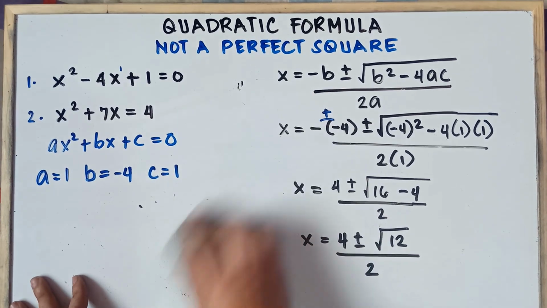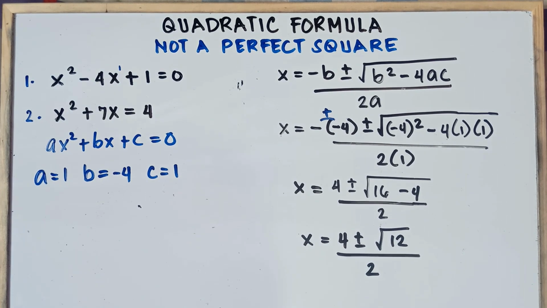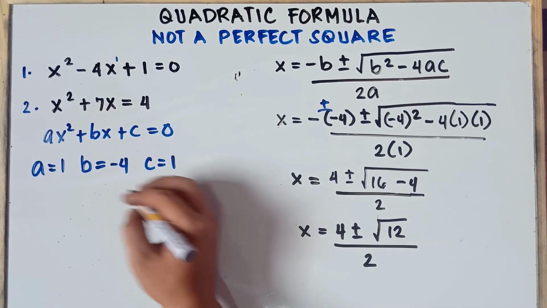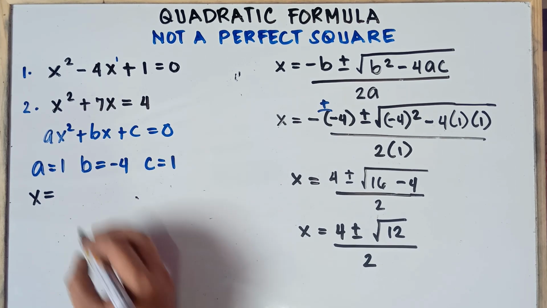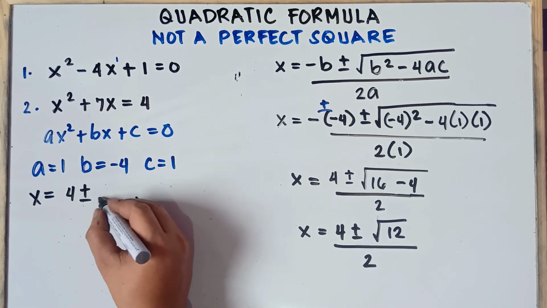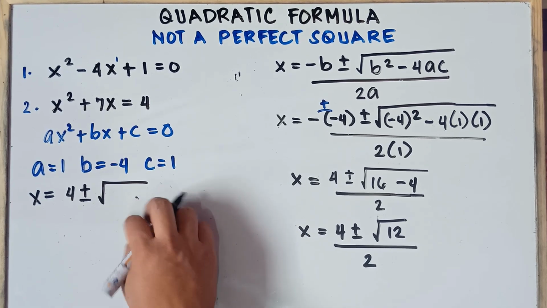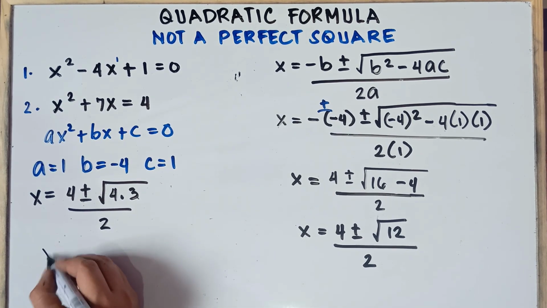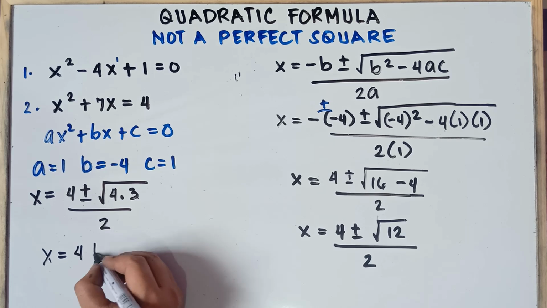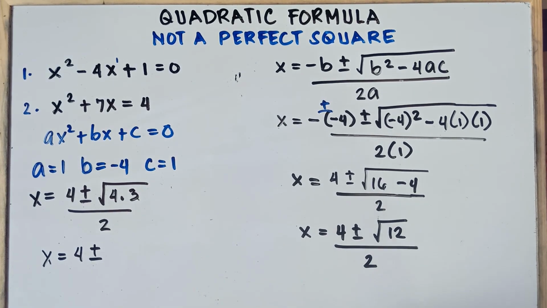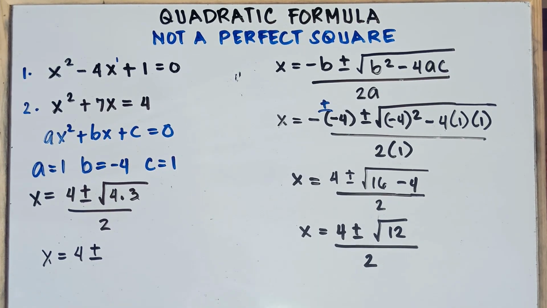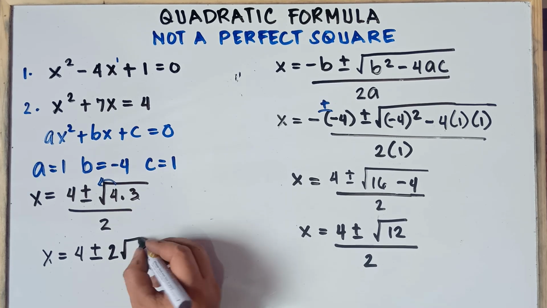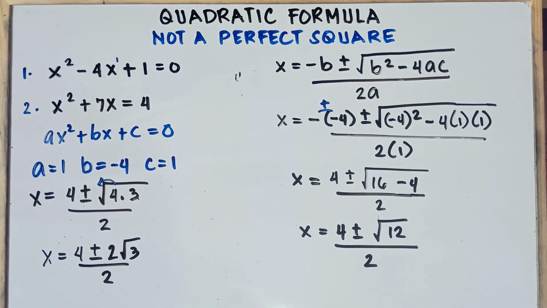Alright, so let me copy this one. We don't have enough space, class. Let me just write it here. x equals 4 positive negative square root of 12. We can simplify that one by 4 times 3 over 2. So this will be x equals 4 positive negative, once again, 4 times 3 is 12. The square root of 4, that's 2, we put it outside, and this will be 2, copy square root of 3, over 2.